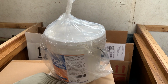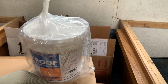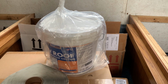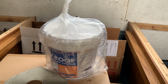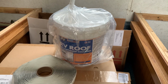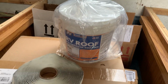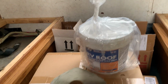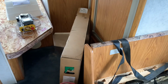I didn't want to do the silicone roof like I did on the truck camper on this one, just because on mine I redid the whole deck obviously, and this one I'm not redoing the whole deck and the rubber roof is staying down. So I know you can put that stuff over a rubber roof, but I know this stuff works great over a rubber roof, so I'm going to do that. Of course, got new butyl tape and some new self-leveling lap sealant. Got a bunch of new vents, and we are doing a 300 watt solar,